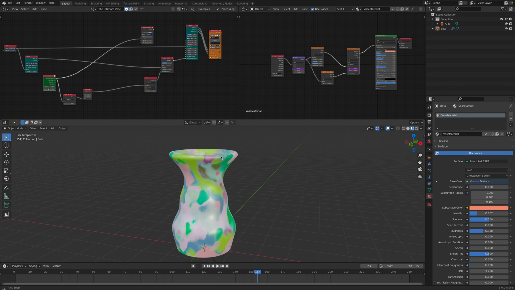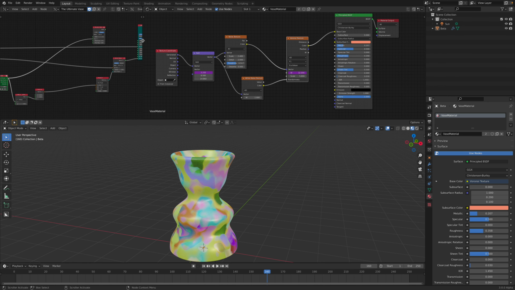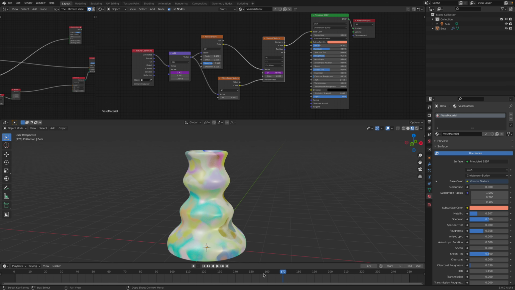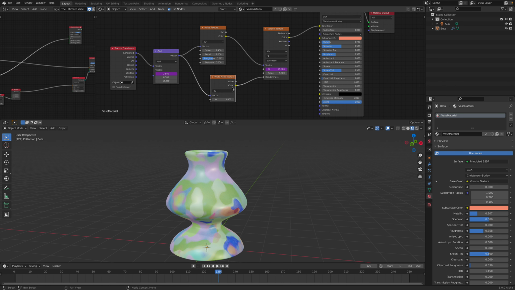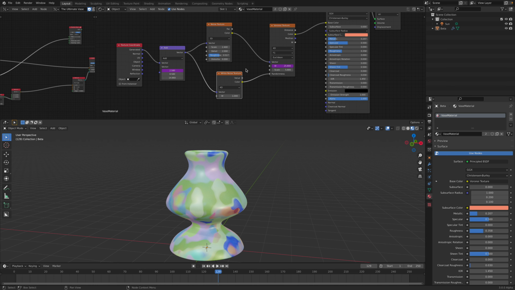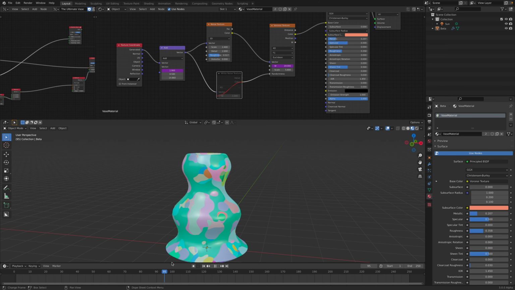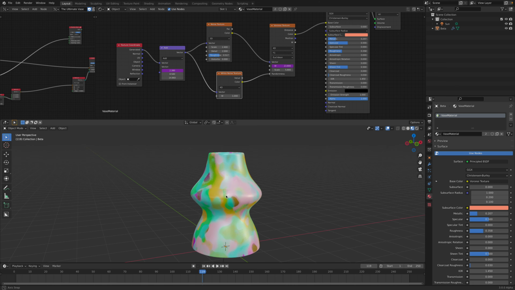First of all, I can explain the shader. The shader itself is just Blender Cycles, and it's changing the color simply by using the noise plugged into Voronoi, and I'm using the white noise texture. If I bypass that, we only have this kind of result, but with the white noise we can get a kind of watercolor